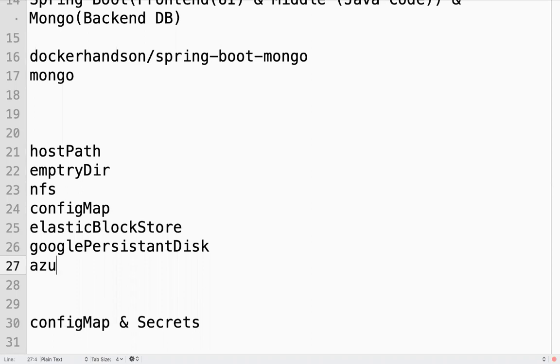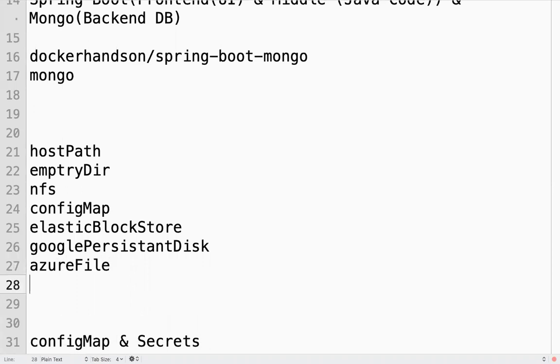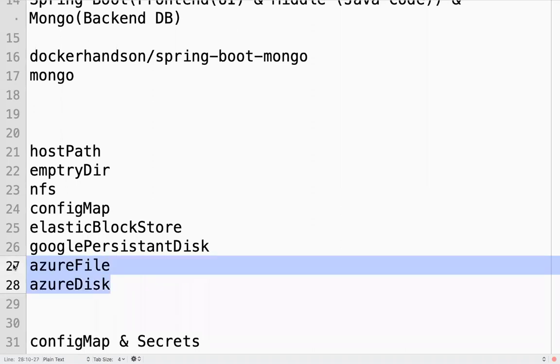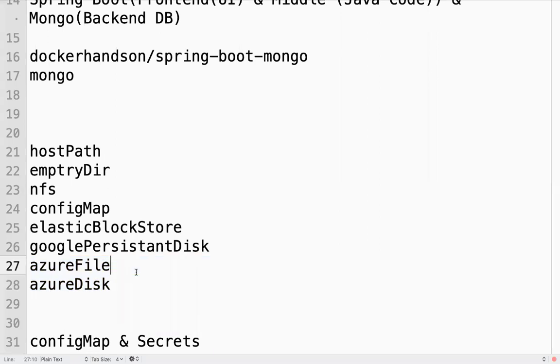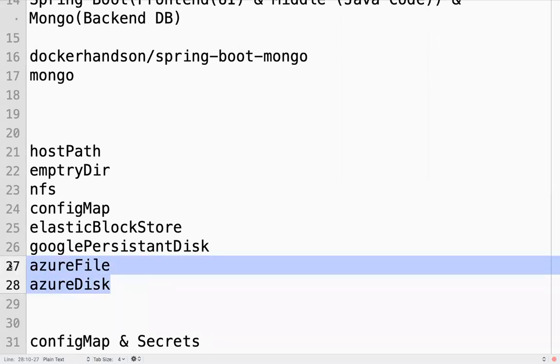Similarly, you have Azure File and Azure Disk. So if you are using a managed Kubernetes cluster, AKS, Azure Kubernetes Service, in that cluster you can go for these types of storage volumes.